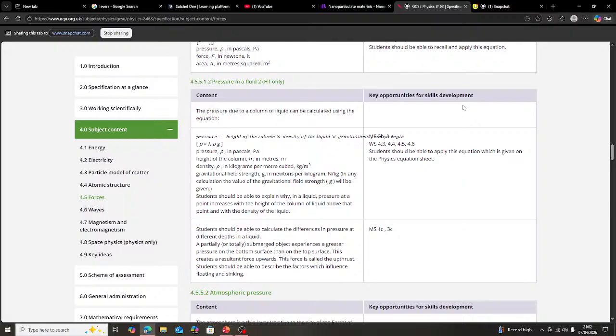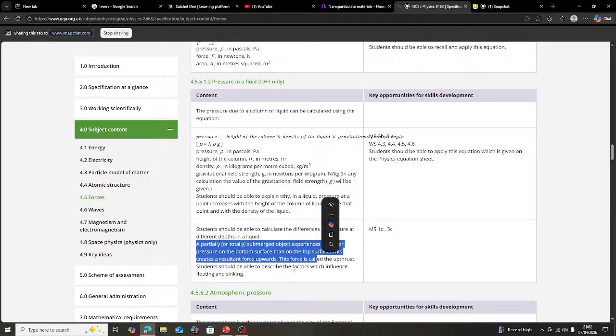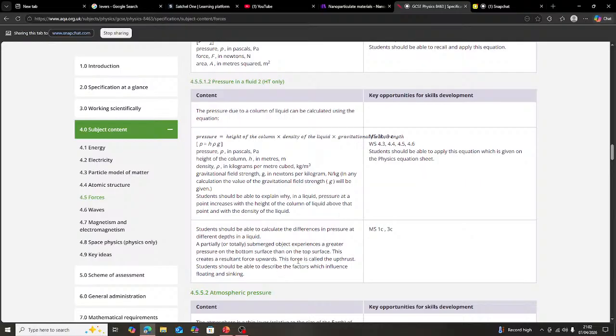No, bro, even my brother could answer that. Go on, get him to answer it in terms of the water. Upthrust: resultant upward force exerted by fluids on submerged objects caused by higher pressure at the bottom than the top. Are you happy now? No, because he's read off the thing. I didn't read nothing, bro. A partially or fully submerged object experiences a greater pressure at the bottom surface than... Well, I didn't read off there. Oh, Google that.